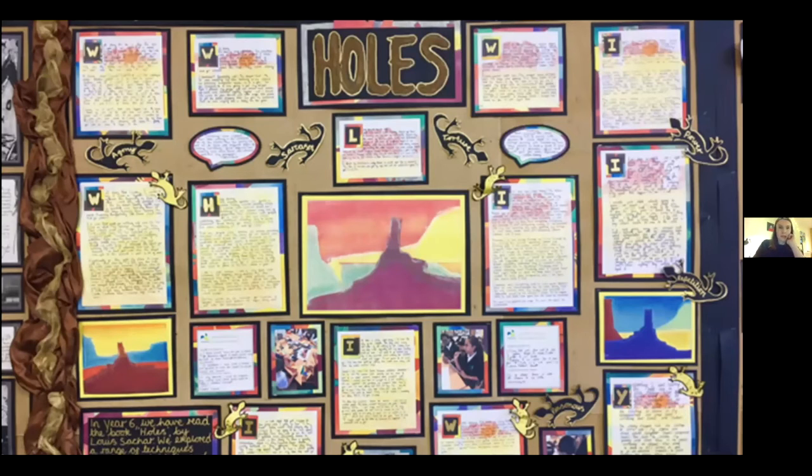This is a project where I used an artist called Ed Mel. So this is year 6. This is the book Holes, which I'm sure a lot of you know of. This artist does some fantastic desert landscapes. It's very similar to the skills that we've just done this morning as a starting point, looking at foreground, middle ground and background. And then this was a collage project. They built up those different layers in different pieces of coloured card, and then they added in light and dark using pastels on top.